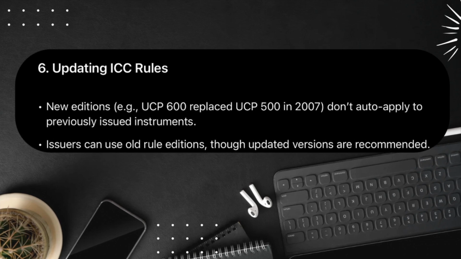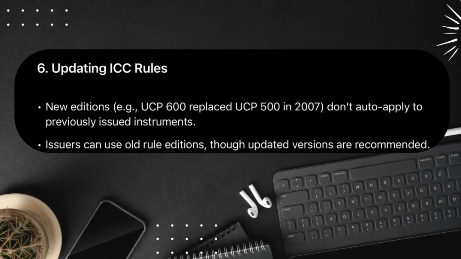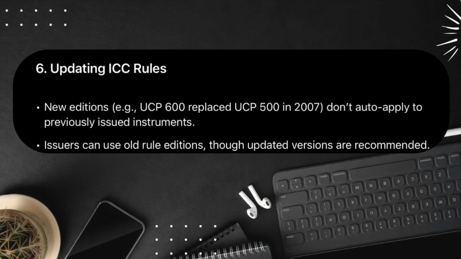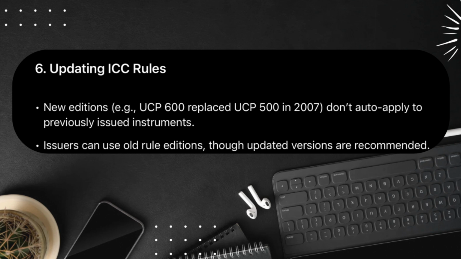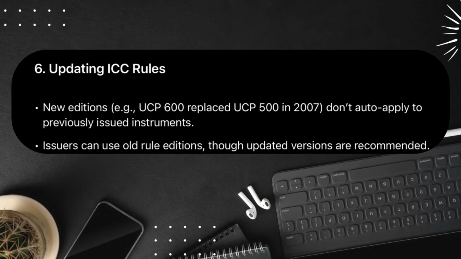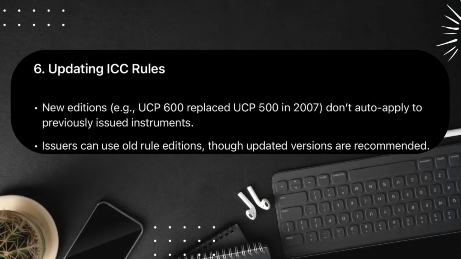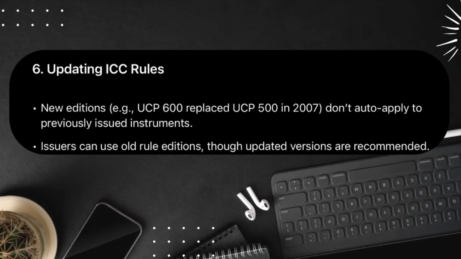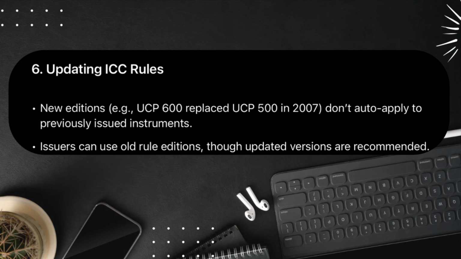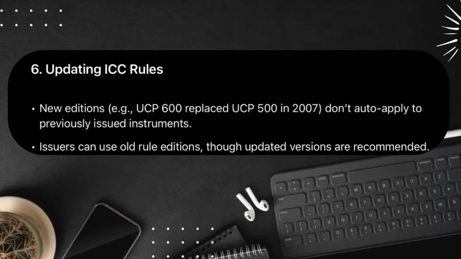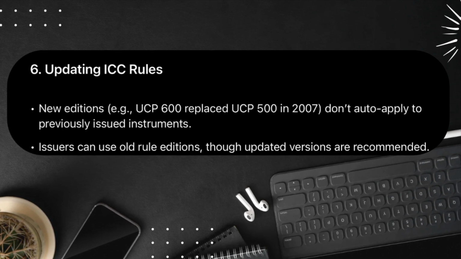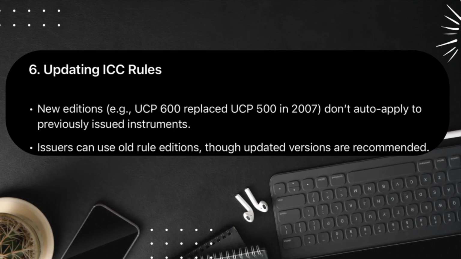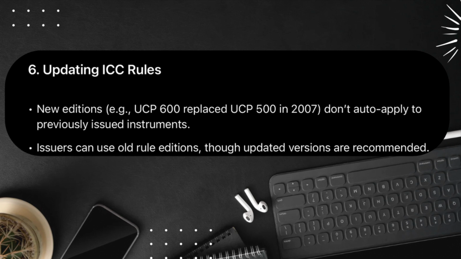Clarification of the application of rules is often required when a new edition of ICC rules comes into effect. For example, UCP 600 replaced UCP 500 and URDG 758 replaced URDG 458. Two common questions that often arise are: do instruments that incorporate a former edition of the rules, and that were issued prior to the relevant date, automatically become subject to the new edition from the date that the new edition comes into effect? The answer is no.